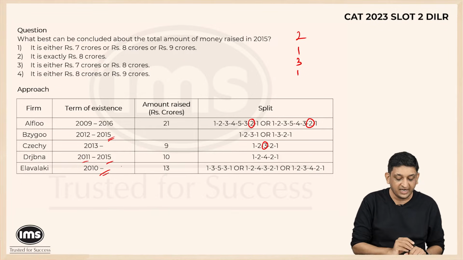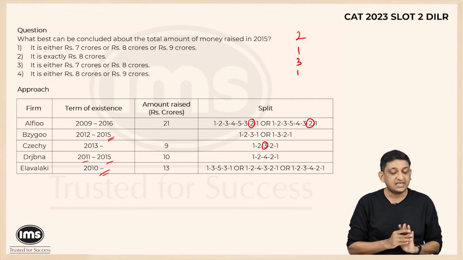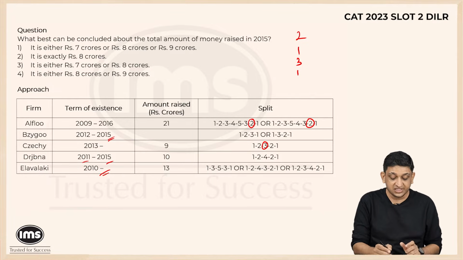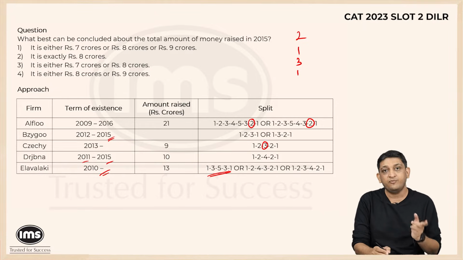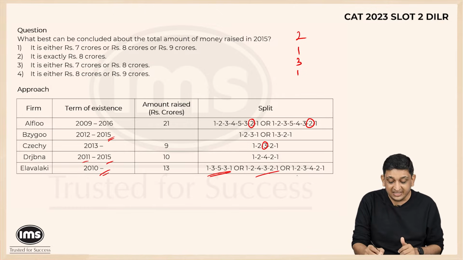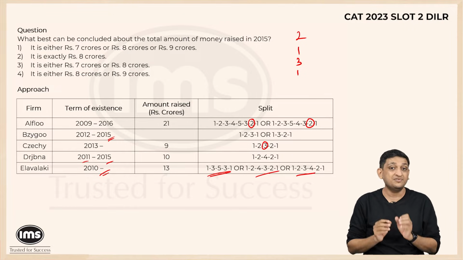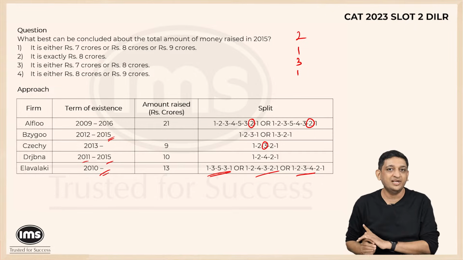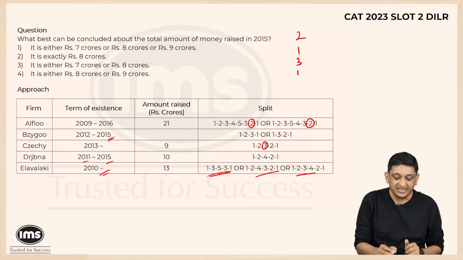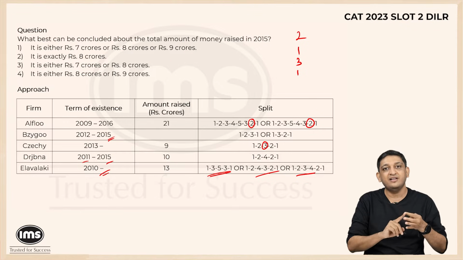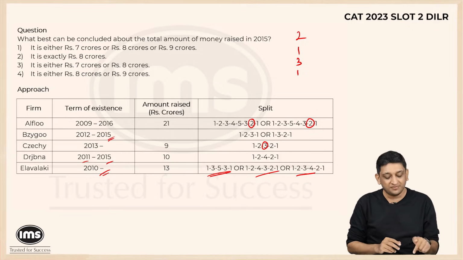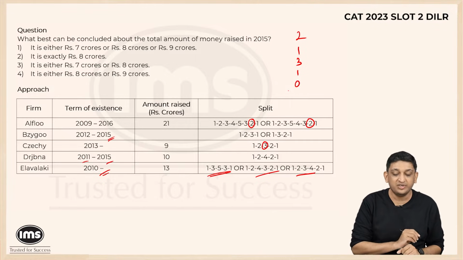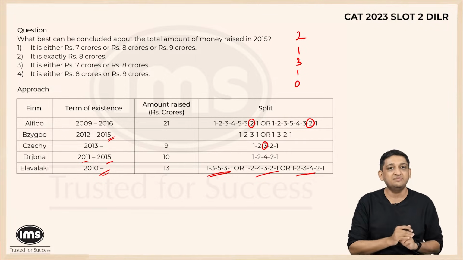The last one, if you look at it, 10 is when E started operations. So E started operations. I know that in this case, the firm was in existence for 5 years, but in these cases, the firm would have been in existence for 6 years. And that is basically where there is a good chance that people might have made a mistake here, because 2010 and 5 years. So 10, 11, 12, 13, 14, there is a chance that this firm would not have been in existence in 2015 at all, in which case it would have contributed 0 crores to the entire funds being raised.